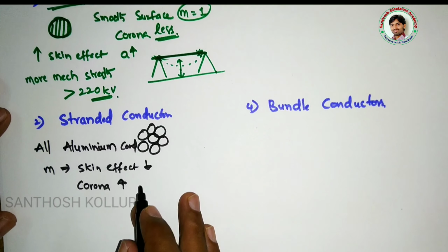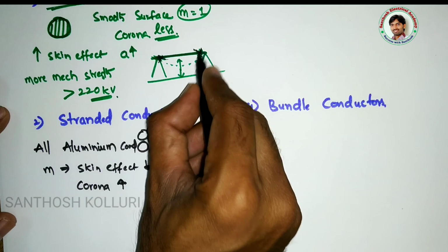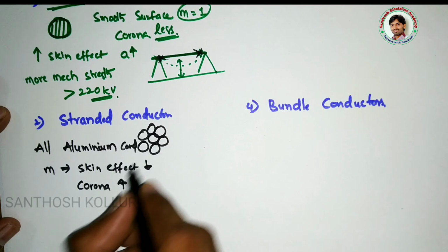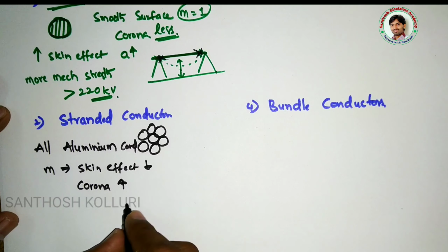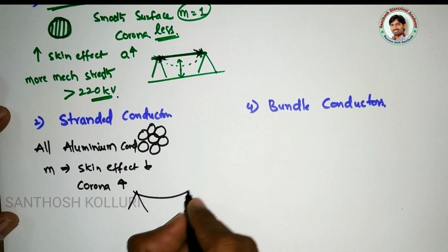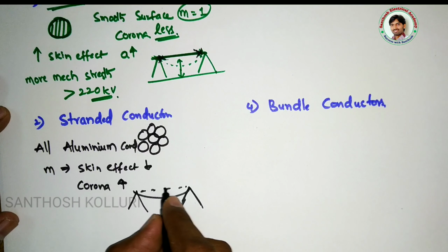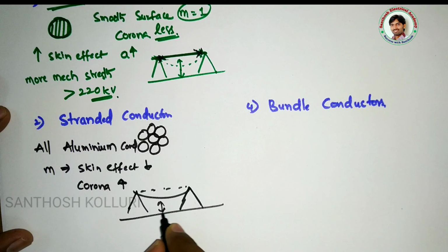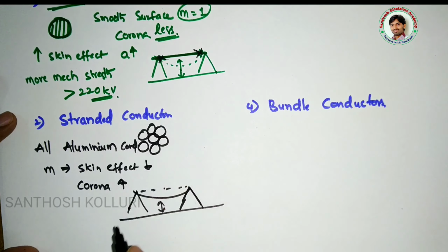And the drawback in the solid case is that due to galloping, the conductor may have breakages at the edges, but as it is a stranded conductor having multiple conductors, due to galloping, there is no breakdown of the conductors. Okay, and as this is an all aluminum conductor, the sag will be more compared to the previous case. Therefore, it requires more ground clearance. Okay, so there are layers in the stranded conductors.